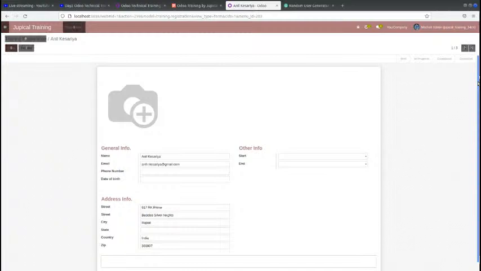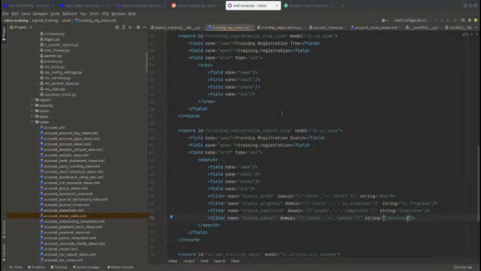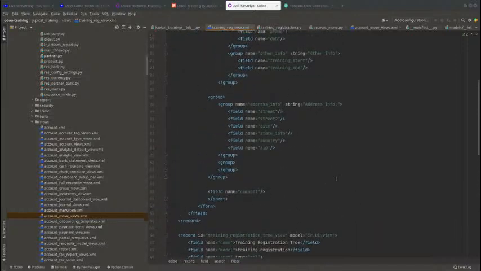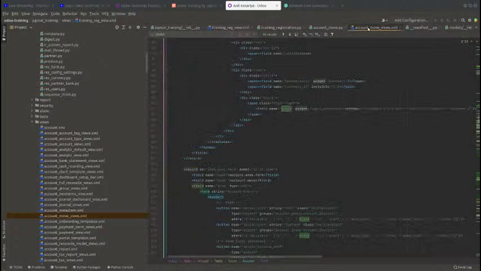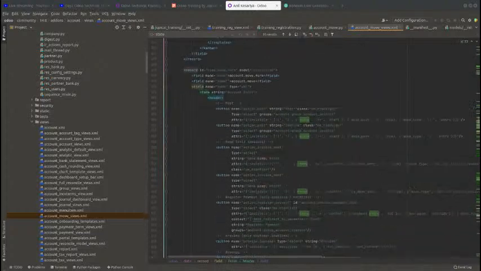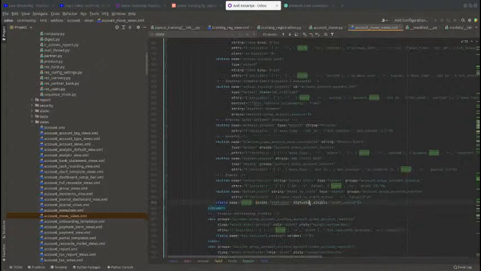So I will go back to the editor first, and here in the form view status bar I will apply status visible or visible status. Let me check the Odoo standard accounting view. It is status bar visible. Okay, so here